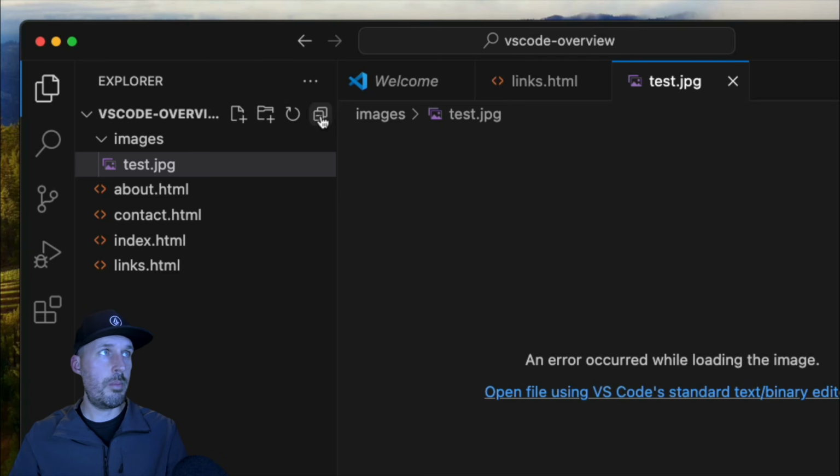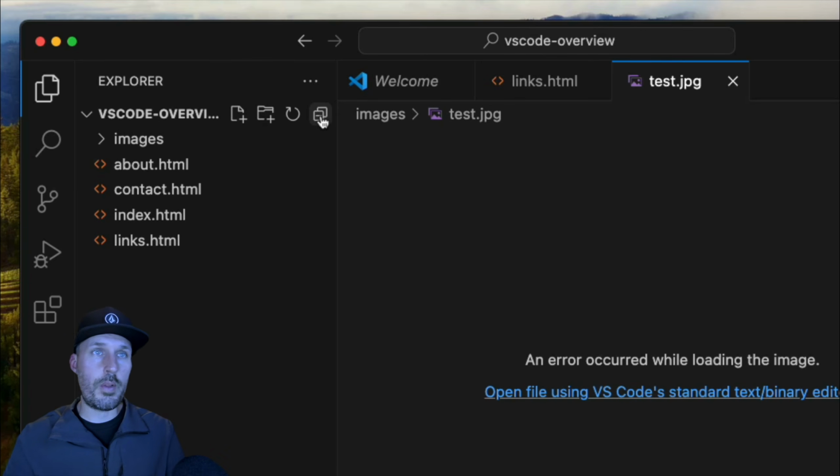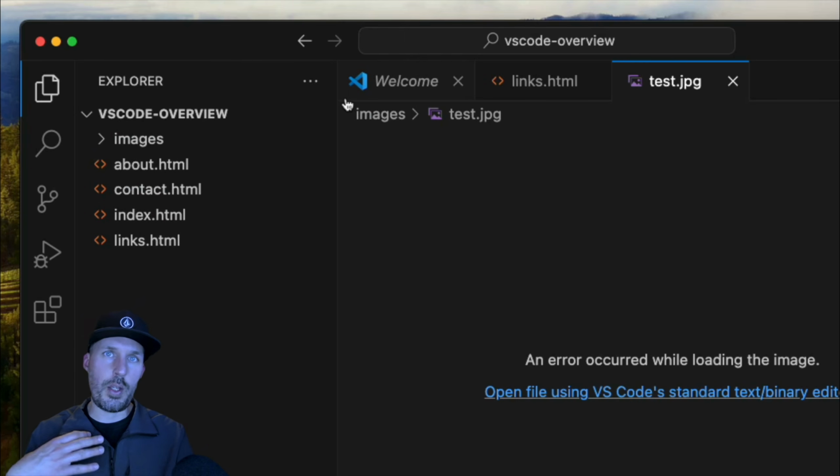Using this button right here will collapse all of the folders that exist inside of my project and basically take me out to the top level where then I can drill down into my files again. So very useful for larger projects once you start having multiple folders and multiple files. It's kind of hard to see here with a small subset, but it's a very powerful feature for keeping your workspace